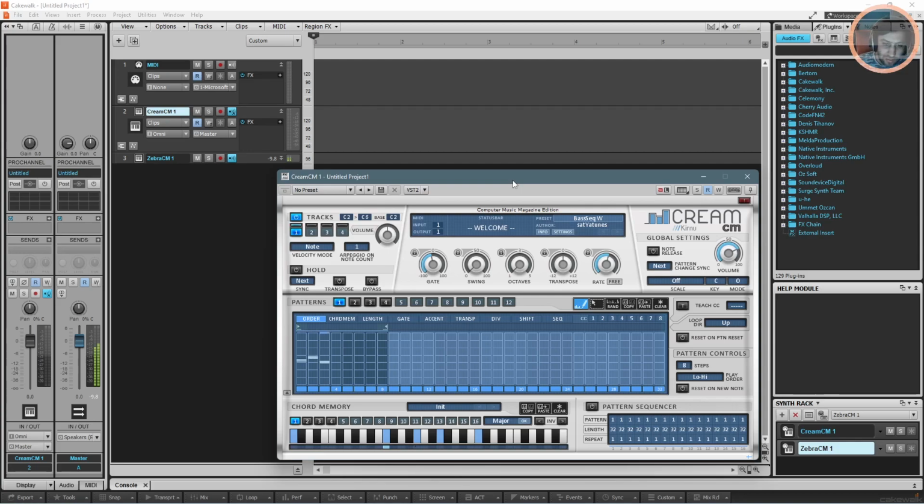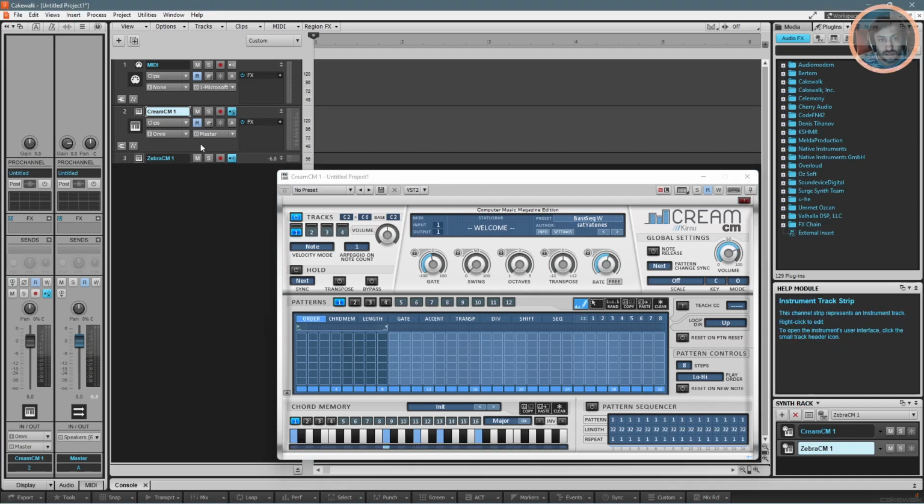As you can see, all of this is happening just by me pressing a single note for an extended period of time. I'll just let you hear this pressed note even without Cream CM, so you get an idea of what is exactly happening here. Now, when I come to Zebra CM and I just press this, you cannot hear anything